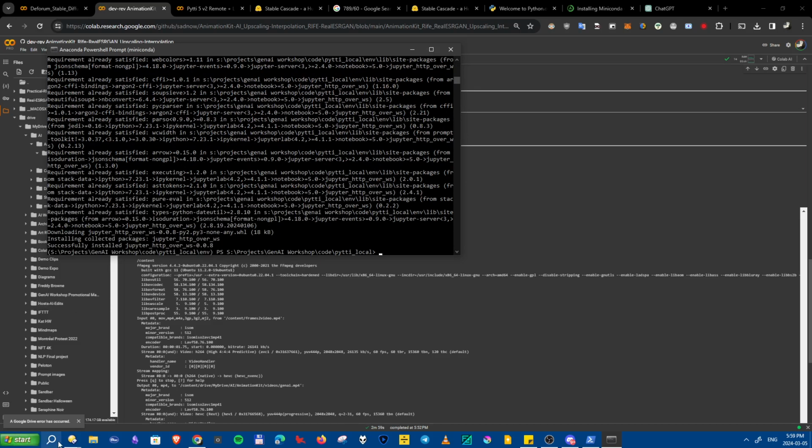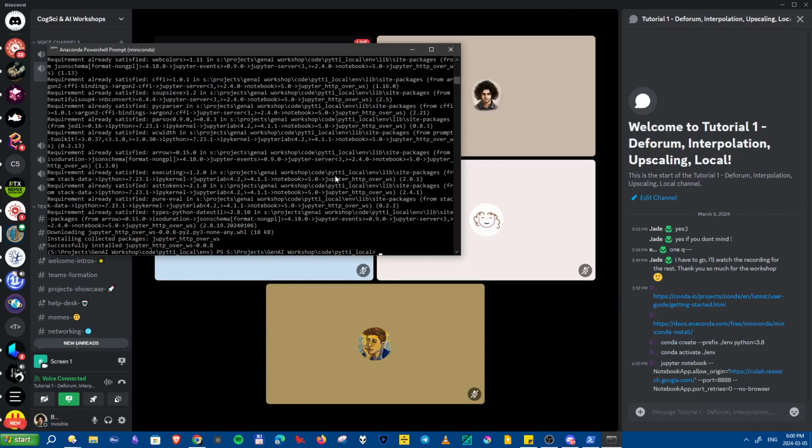Once you have that installed, there is a special command which you run. I have it on my sticky notes, and whenever I want to use it, I just bring up the sticky notes. So once you're in your environment, you've activated it either with Conda or otherwise, and these two things are installed, you just copy paste this, which I'm going to paste here,